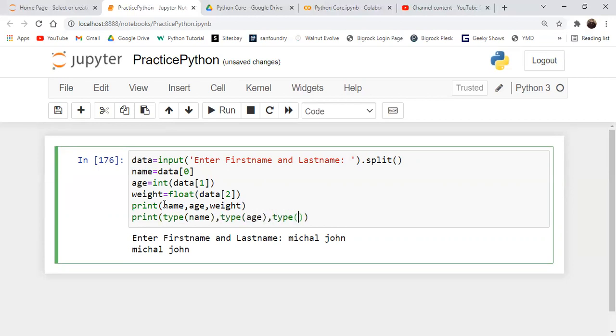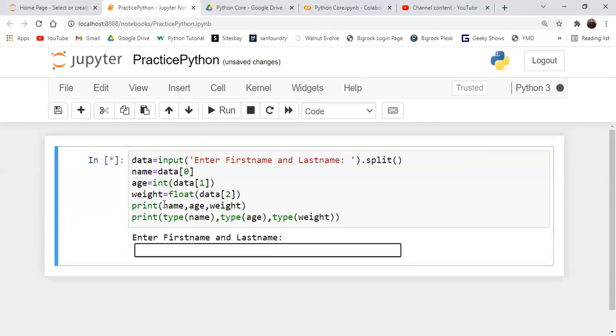This is what... see this, name John, give some space of one character. Now enter the age and weight,